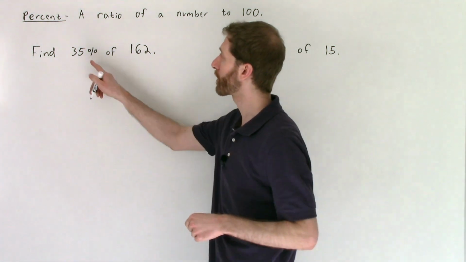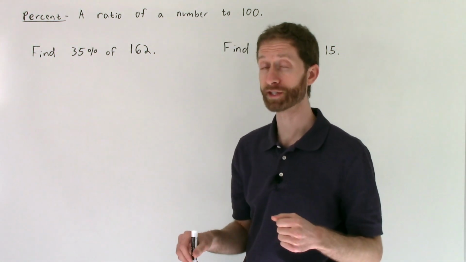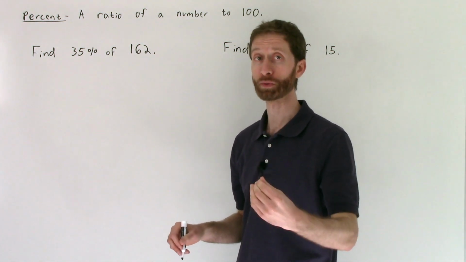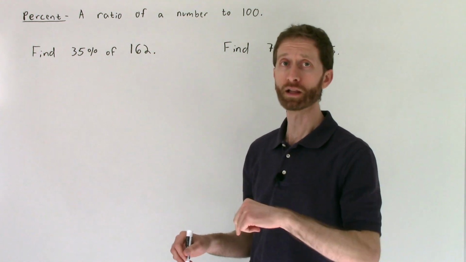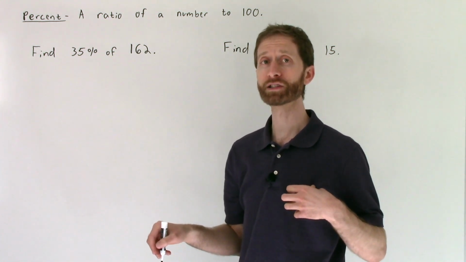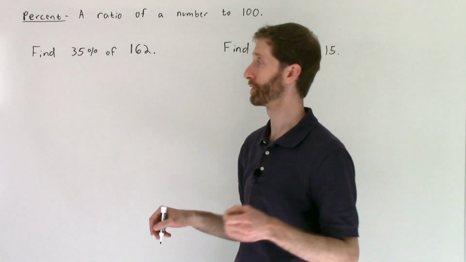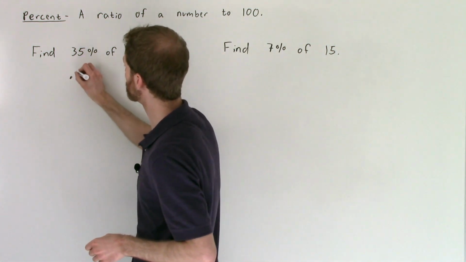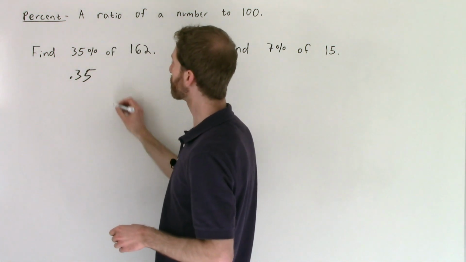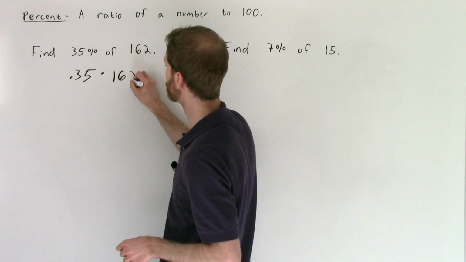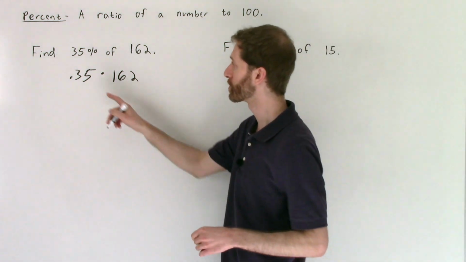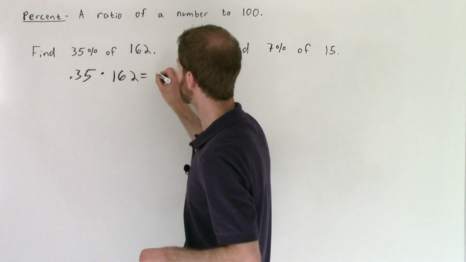Let's roll. We've got 35% of 162. We know that the word of in a problem means to multiply, and I'll go over that briefly in a little bit, just as a quick review. So 35% of 162, I like to do this first with decimals. So 35% as a decimal is 0.35. So I'm taking 0.35 of, or multiplied by 162. And that's it. I now have a problem that I can plug in for sure into a calculator. So 0.35 times 162, that is equal to